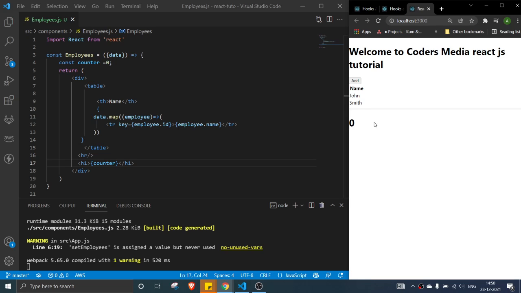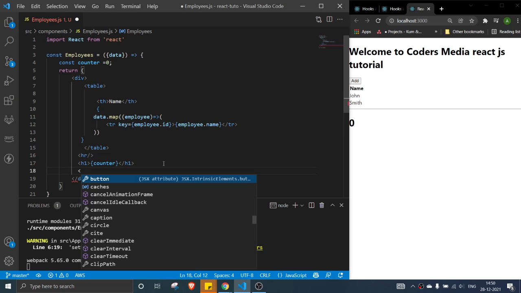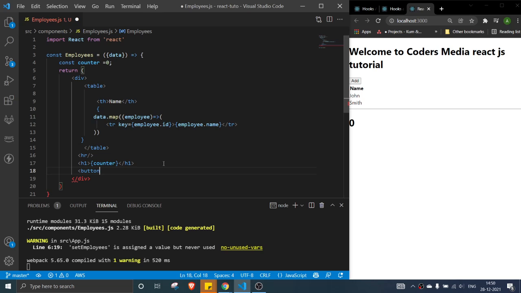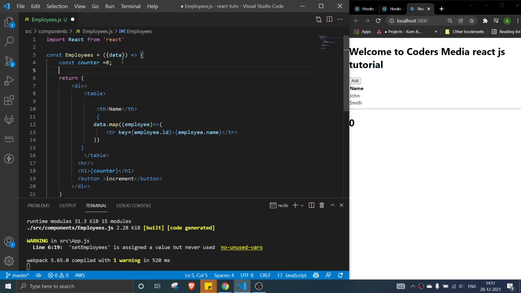That is fine. Now my requirement is that I have one button, and on click of this button I want to increment my counter. Normally in an application, we write one function and call it on the click event to implement that. Let's try the same here and see how it works.